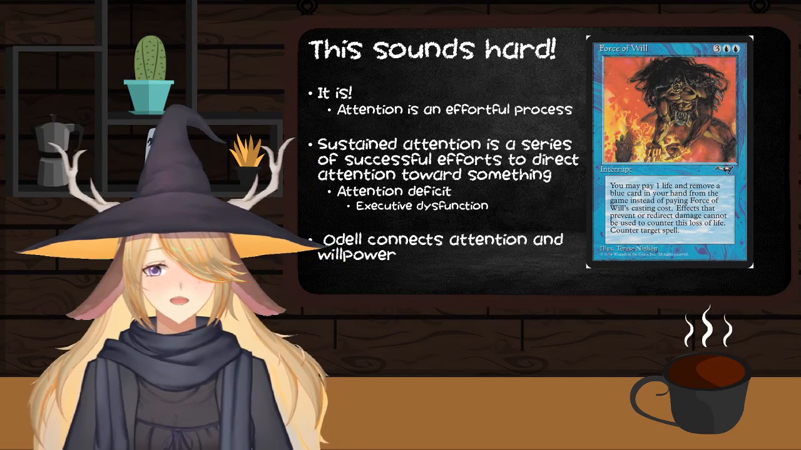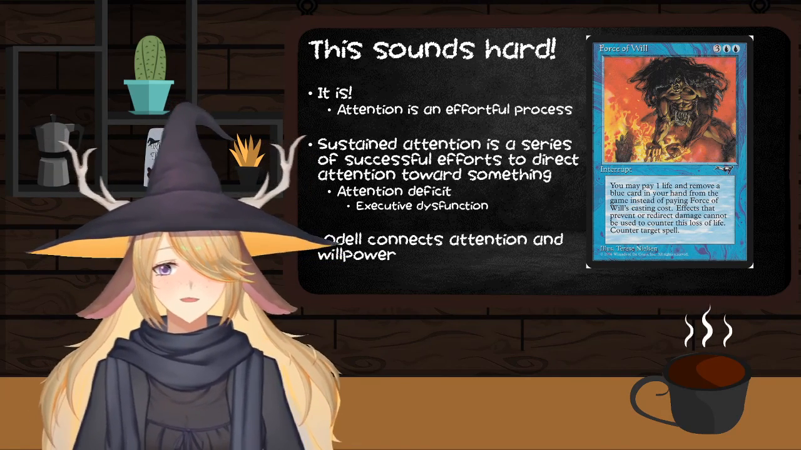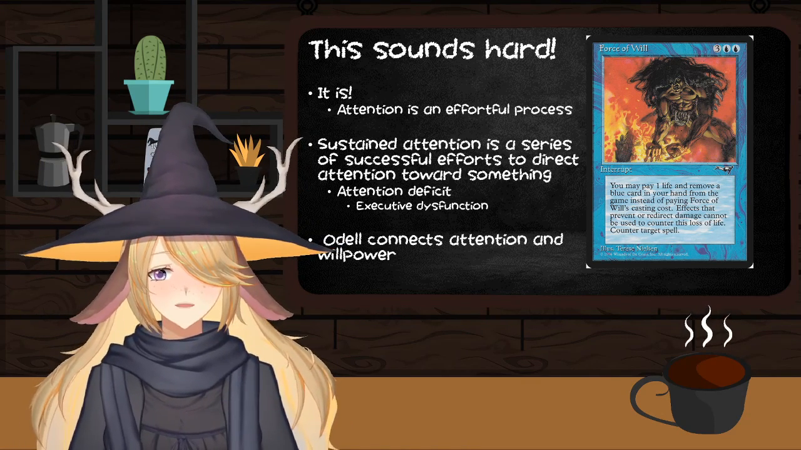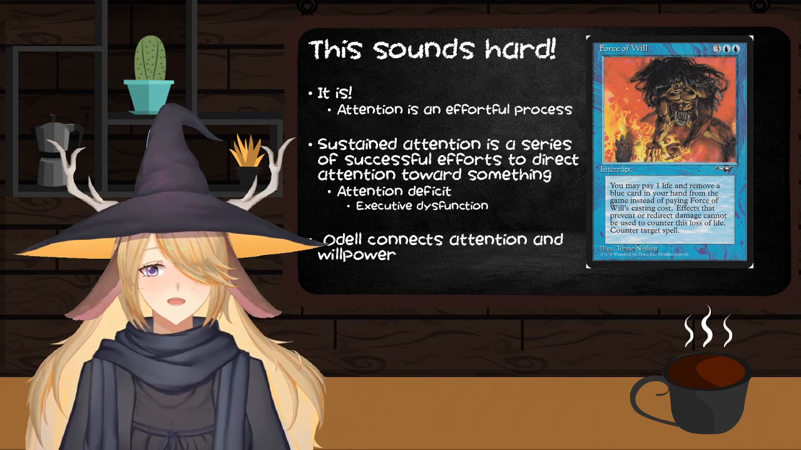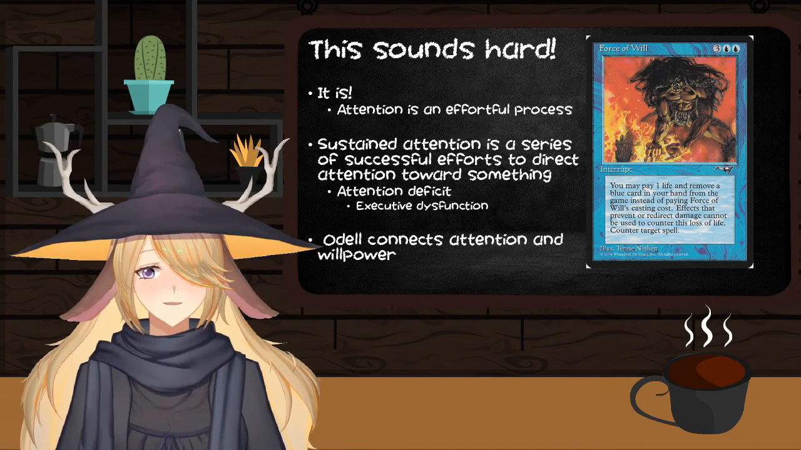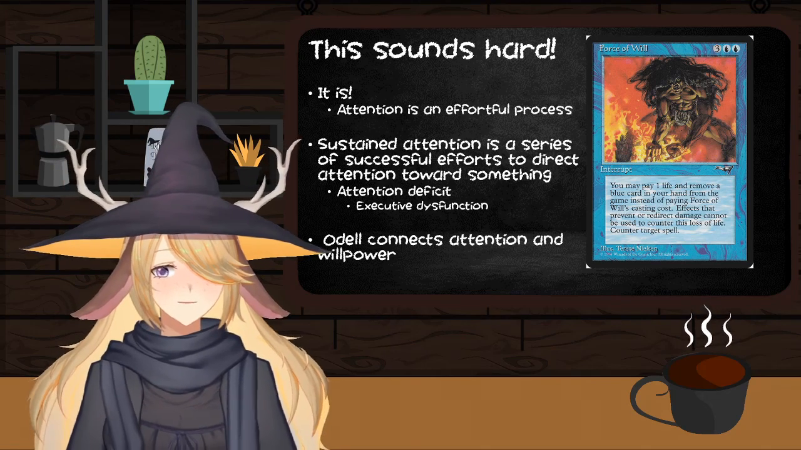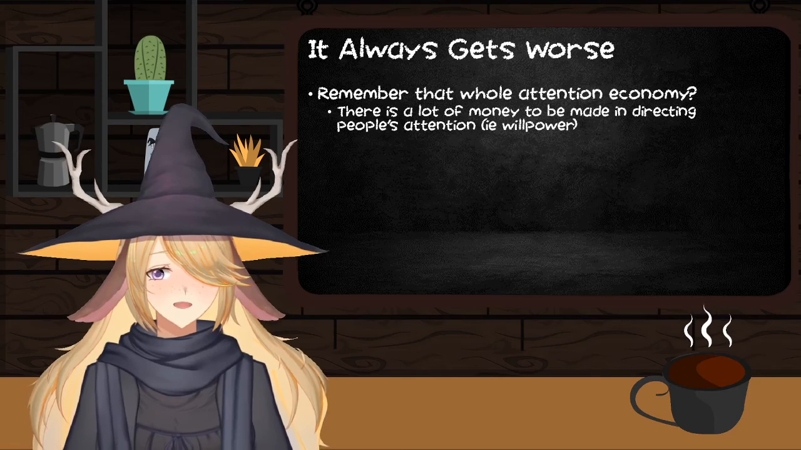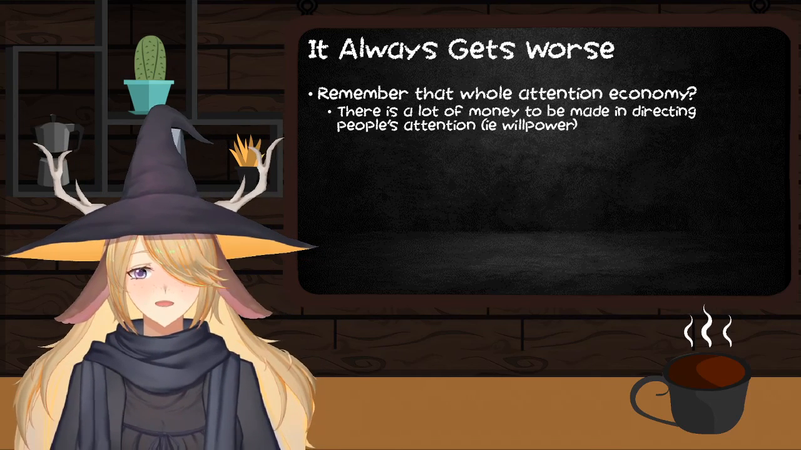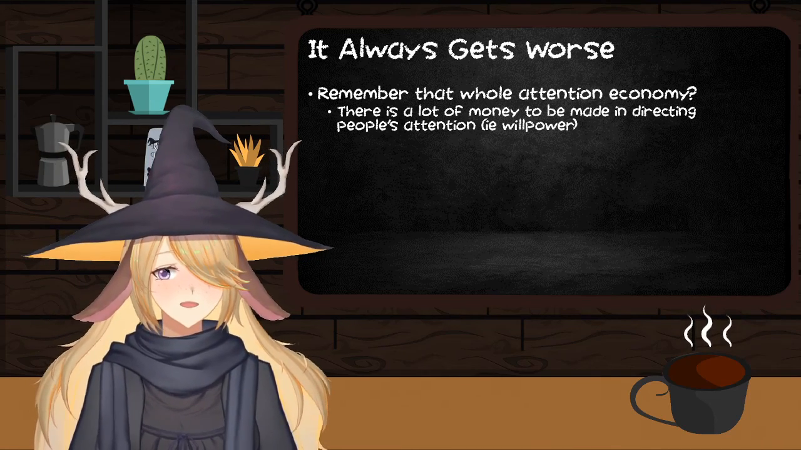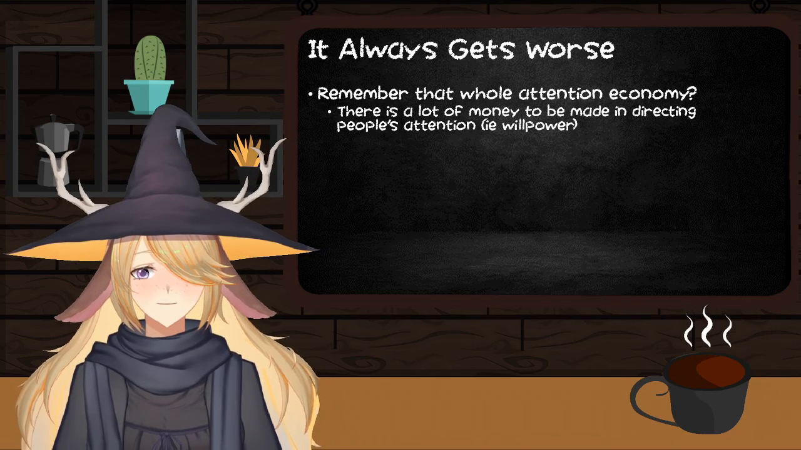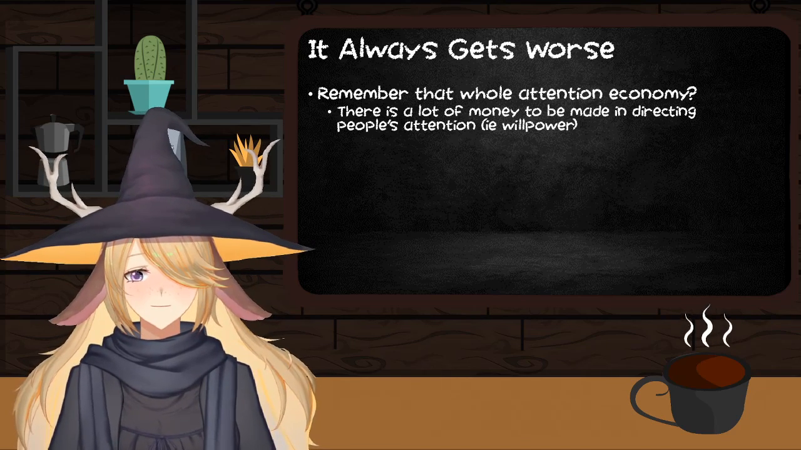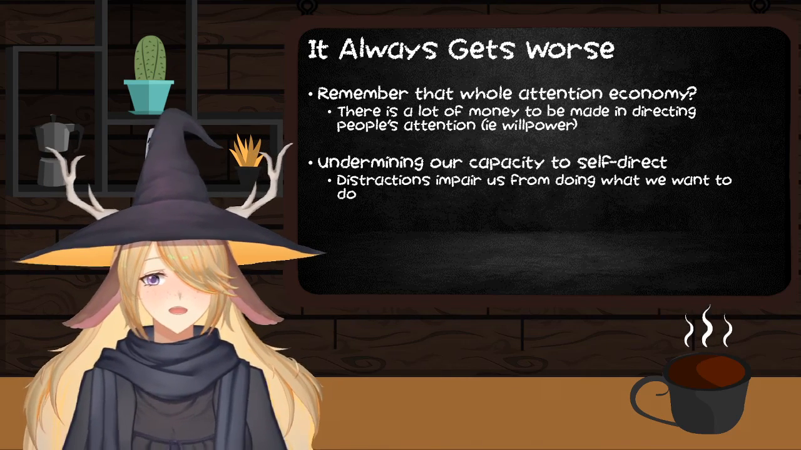And Odell connects then attention to willpower. That is to say, our ability to direct our own attention, our ability to think about what we are attending to, and control what particular physical sensations we're thinking about in the given moment, is by and large an effort of will. But now we're going to bring it into the attention economy, right? That's the whole point of this reading series. There's a lot of money to be made in being able to direct people's attention, aka to subvert or direct their willpower. And in doing so,